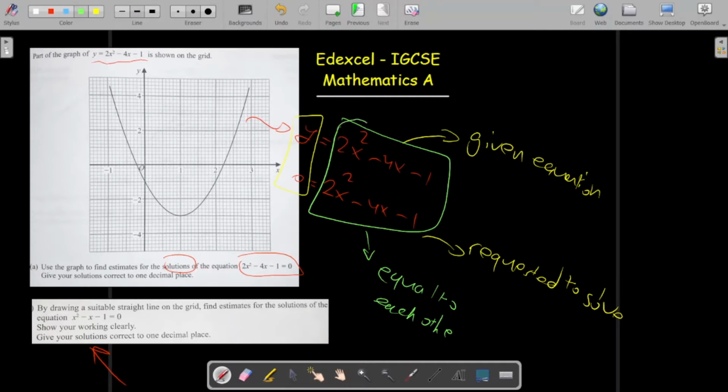The 2x squared is the same, the term with minus 4x is the same, and the minus 1 is the same. Once you reach an equivalent right side, you start looking at the left side. The left side has y here and 0 here. What you conclude from this is